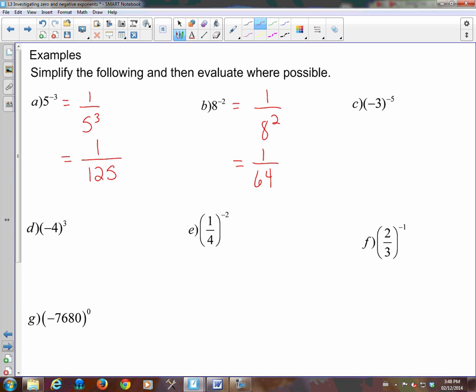If you have a negative base, two negatives do not cancel out. The same rule applies. You make it a fraction, you flip it around, and that makes the exponent positive. And then I type it in my calculator, which I left sitting on my desk that I have to go get. So if I have negative 3 to the exponent 5,